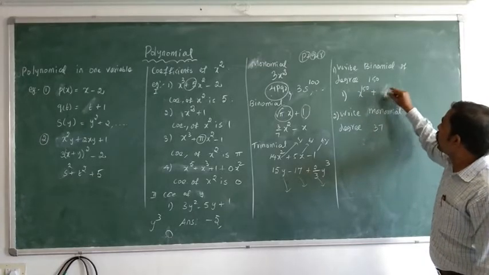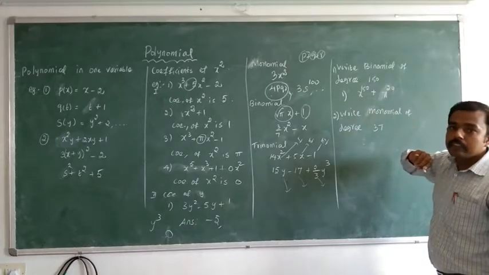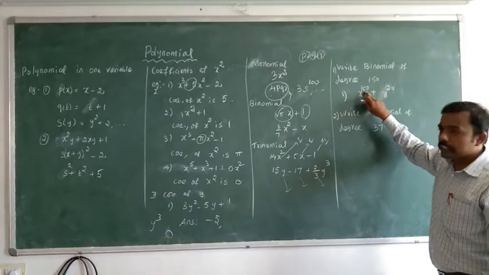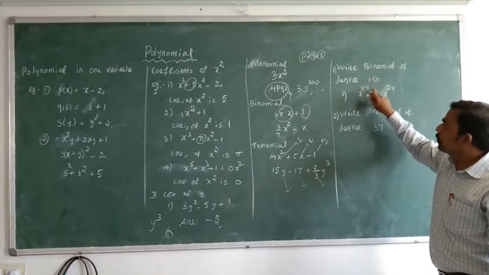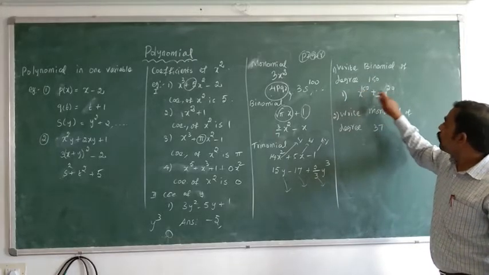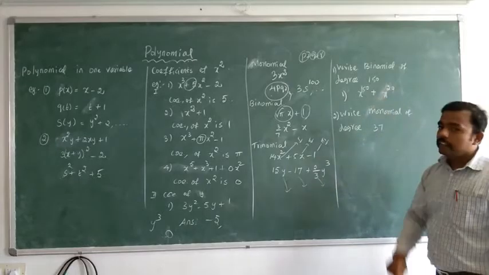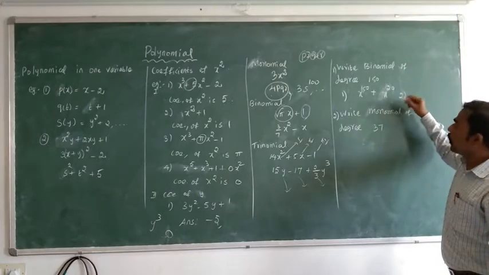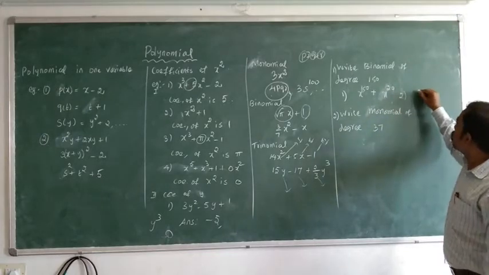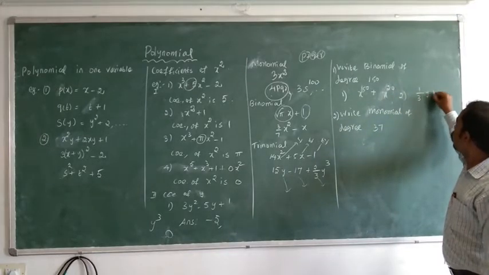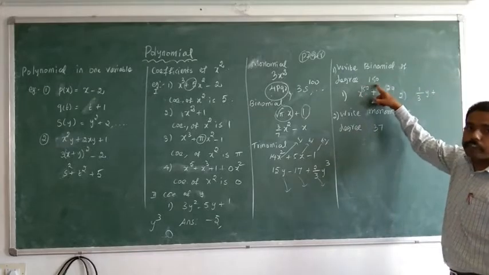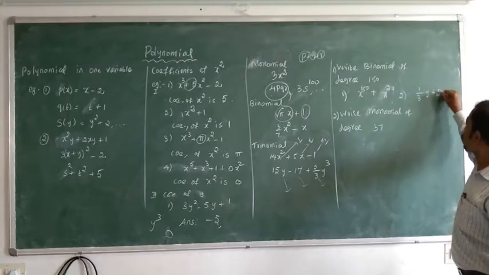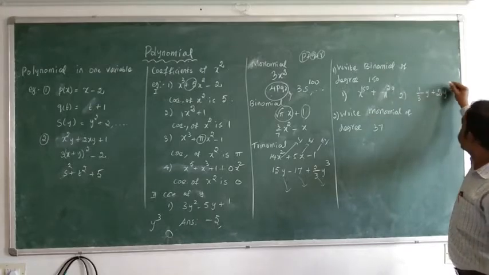Similarly, here x power 20. So we need two terms. With this we need to check the power. That power should be 150. Here 150, 20. So that is an example of a binomial with degree 150. Similarly you can give another variable. Suppose 1 by 3 y plus, we need degree 150, so y to the power 150.